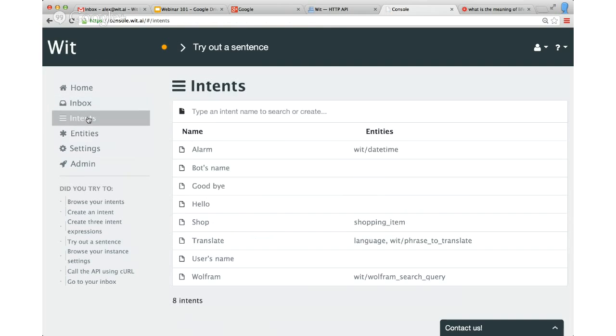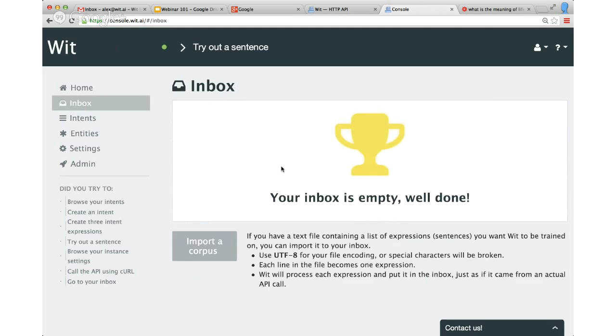Still, if you need to do the action yourself or do something actual for your user, you still have to create your own intents. But it's okay to mix very generic intents like Wolfram, and more directed, actionable intents like alarm or translate or shop, as we've seen. And again, the way I use Wit every morning for my instances, I go to the inbox, and it's never empty because I have some users. But here I find what I need, what I can improve in Wit right here.